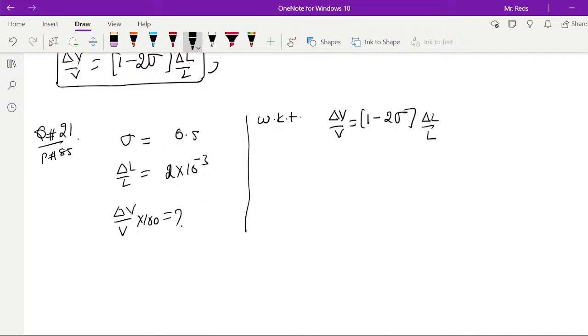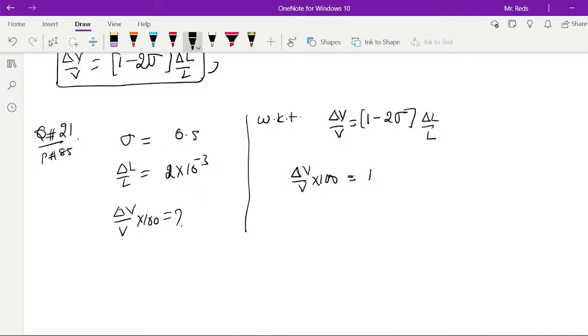So you're asked to find the percentage change in volume. So into 100, you have to multiply both the LHS and RHS with 100. So we can express this as delta V by V into 100